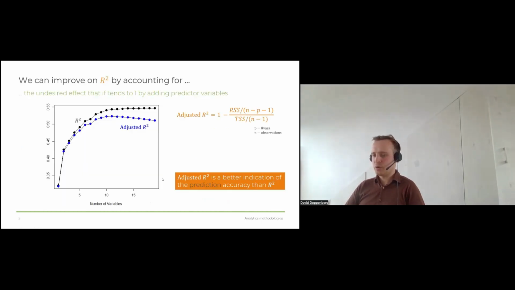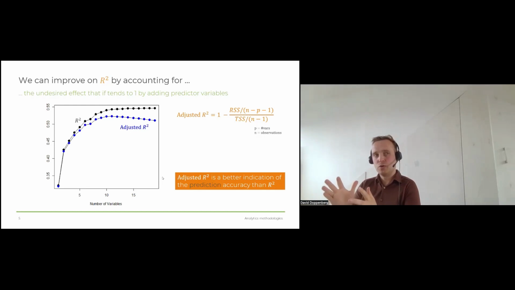There's actually a better way to measure the quality of a linear model, and that is using the so-called adjusted r squared metric. Because what you typically see in linear regression is that if you keep on adding variables, so basically we're going towards that overfitting case, if you keep making your model more and more complex, the r squared will always increase, because basically